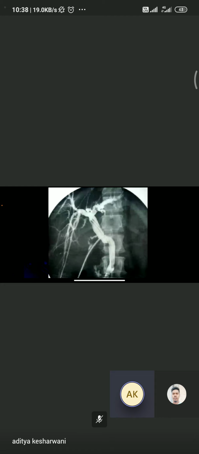If it is filling up to the duodenum, then there is no residual stone. If there is a filling defect, that is suggestive of a residual stone. Same thing is written here. A T-tube cholangiogram is usually done 2 weeks after the operation to look for residual stones. If a stone is found, it can be extracted through endoscopic retrograde cholangiography. Most of the cases, this test has been replaced by advanced techniques.